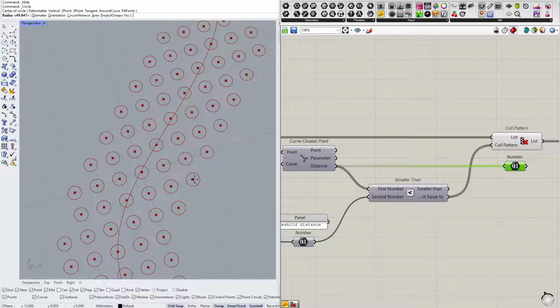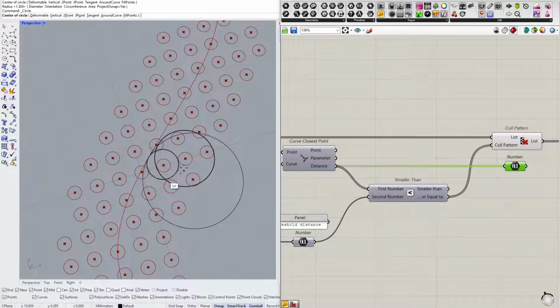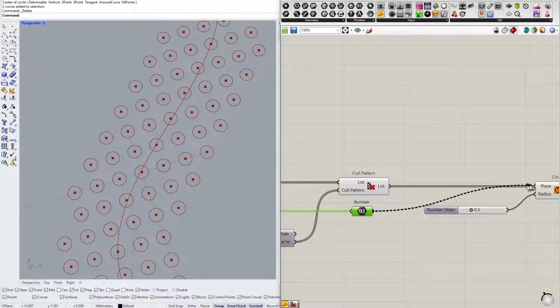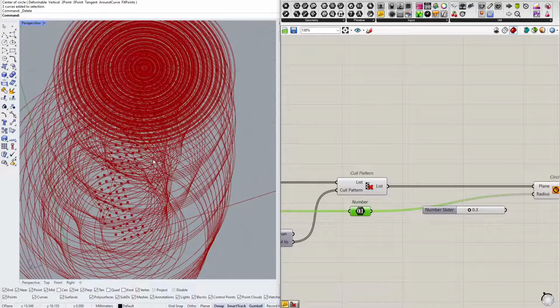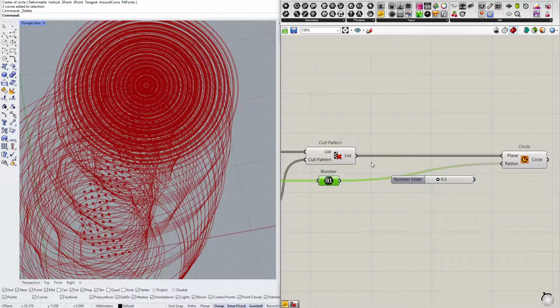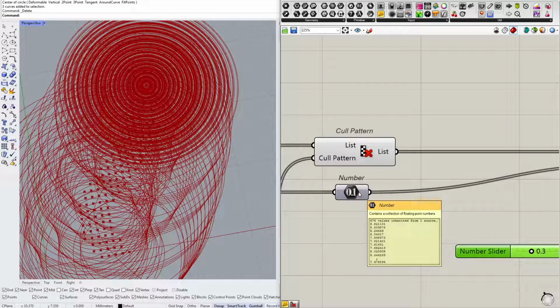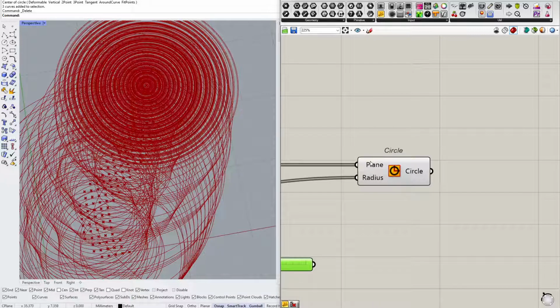So per each point I would get a circle with a radius equal to the distance from the curve. So I would expect something like that. So every circle should have a radius equal to the distance from the center to the curve. But it's not the case here. And the reason is that here I am using a filtered list of points, so I have 140 points, but here I'm using an unfiltered list of distances, which means that I have more radii than I have center points